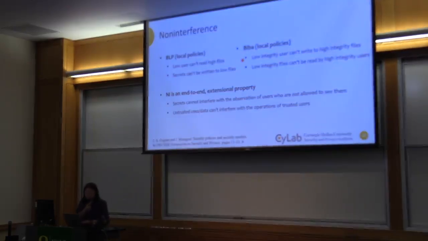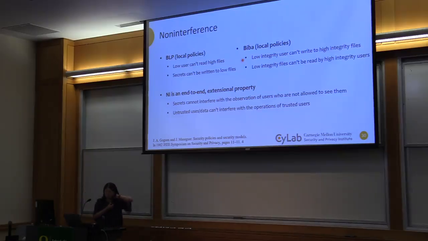So non-interference is this. Well, you'll see the jargon here that people use still to this day. It's considered an end-to-end extensional property, in a way that is not tied to specific BLP. In general, we're thinking of a higher level modeling of a system, what we want to happen. So again, in English, if we're thinking about secrecy, the secret in our system should not interfere with the observation of the attacker. The attacker is someone who's not allowed to see the secret. We'll formally define what interference means in a little bit.